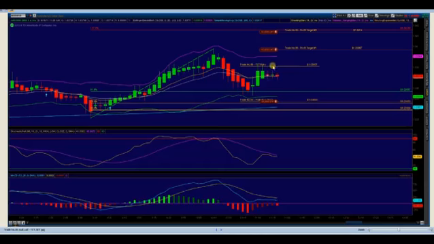Actually it's less than 1-to-1 because I entered here, so it was more risk than probable reward to the first profit target. Including the 3 profit targets, the risk was balanced with the reward. However, the only risk to reward calculation I take into consideration is the first profit target. So in this case, the risk to reward profile was a little skewed,